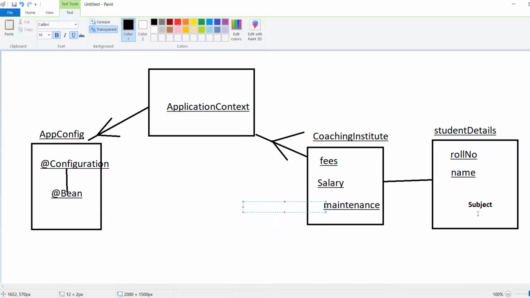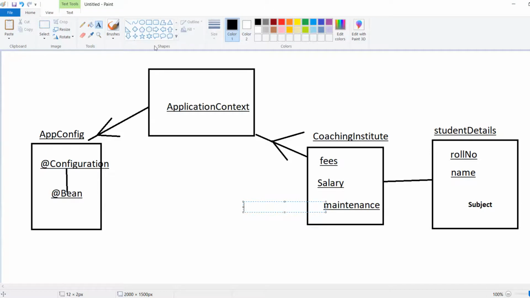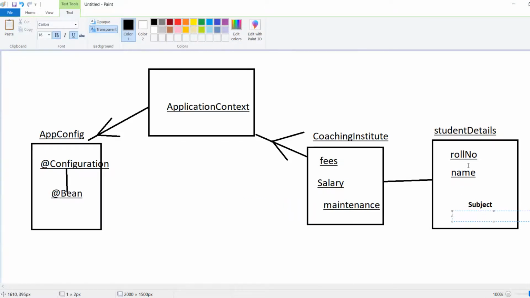Roll number, name, subject, and the last one that I am going to mention is address. Let's see how we are going to invoke student details to Coaching Institute and how we are going to manage everything.